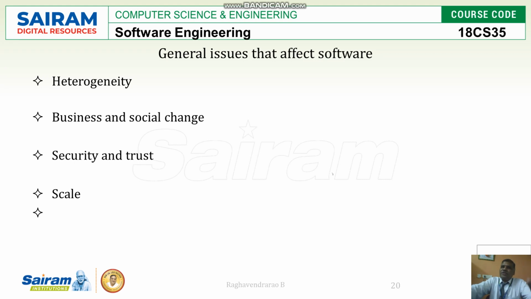Scalable: you should always be going for the higher versions. If you have designed your product for only one environment, then the failure is going to be more, because you cannot develop for a second one. So always your product should be scalable. It should work for more than one platform.